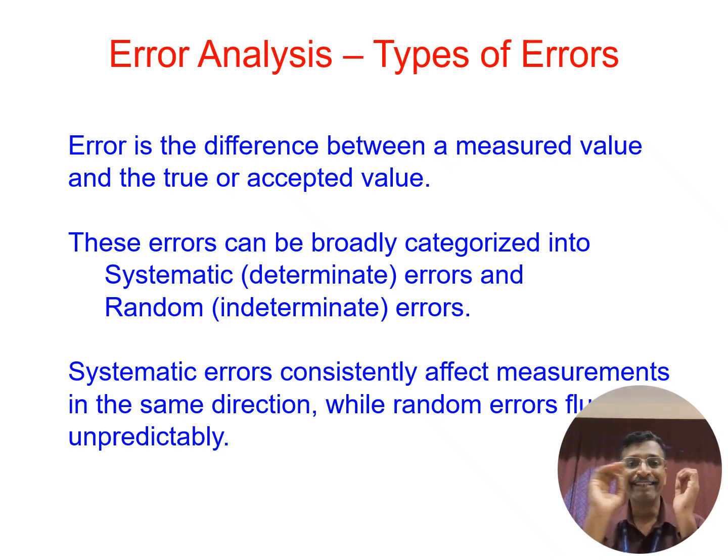One is determinate error, the other is indeterminate error. So it is also expressed in terms of systematic error and random error. Systematic error means it consistently affects the measurements in the same direction, whereas the random error fluctuates unpredictably. So systematic error, say for example, if you are carrying out a titration for your measurement,